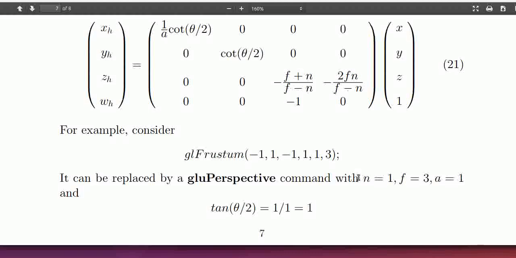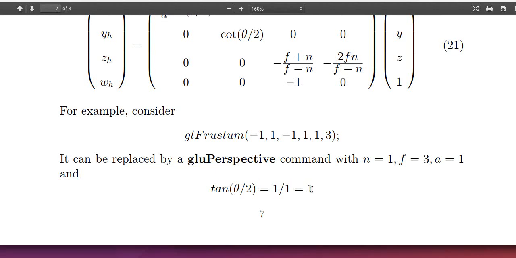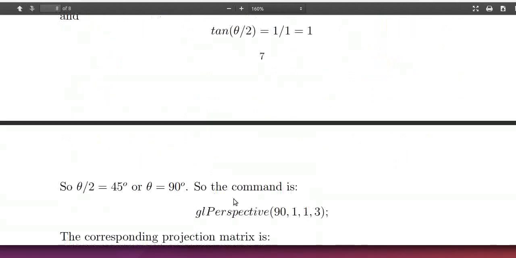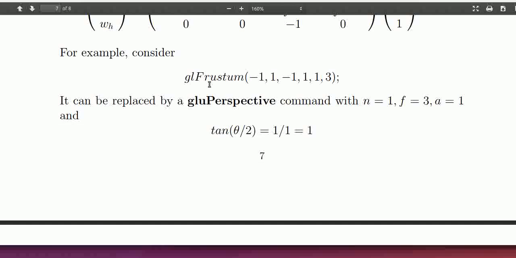The near is 1, and the half height is also 1. So tangent theta over 2 equals 1. That means theta over 2 is 45 degrees, or theta is 90 degrees. So the command that represents glFrustum negative 1, 1, negative 1, 1, 1, 3